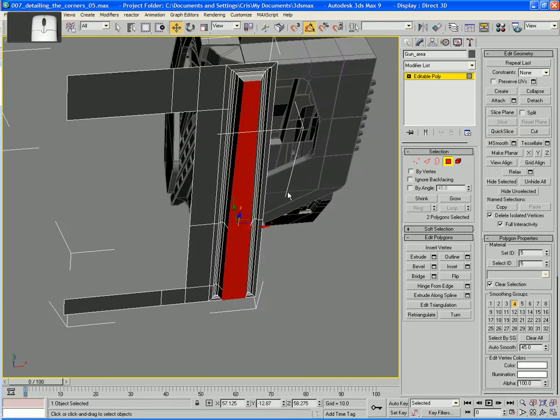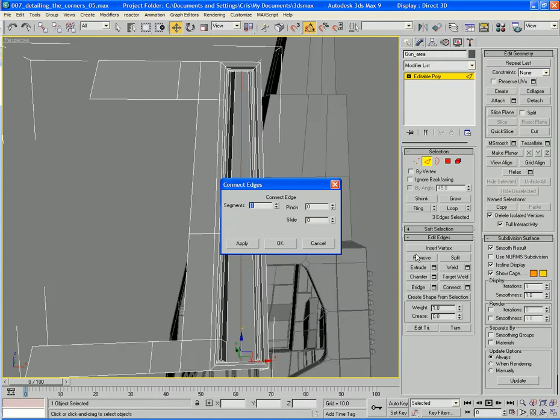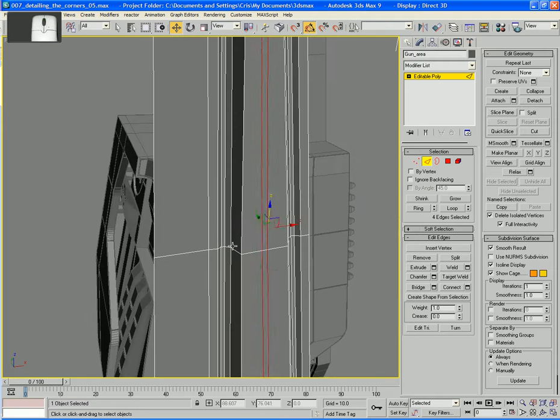what I'm going to do is run a line from here all the way down by doing a connect straight down the middle. And then a small chamfer, like that. Now again, I don't especially want these